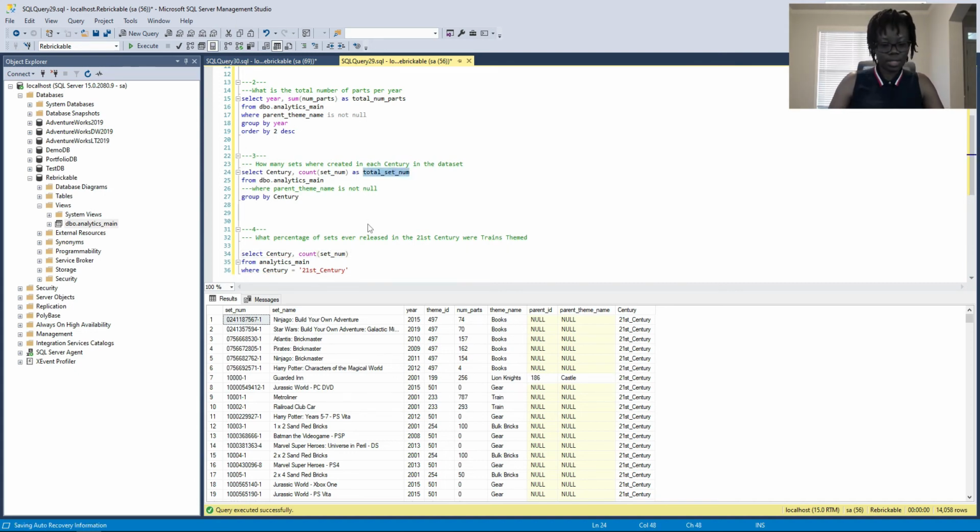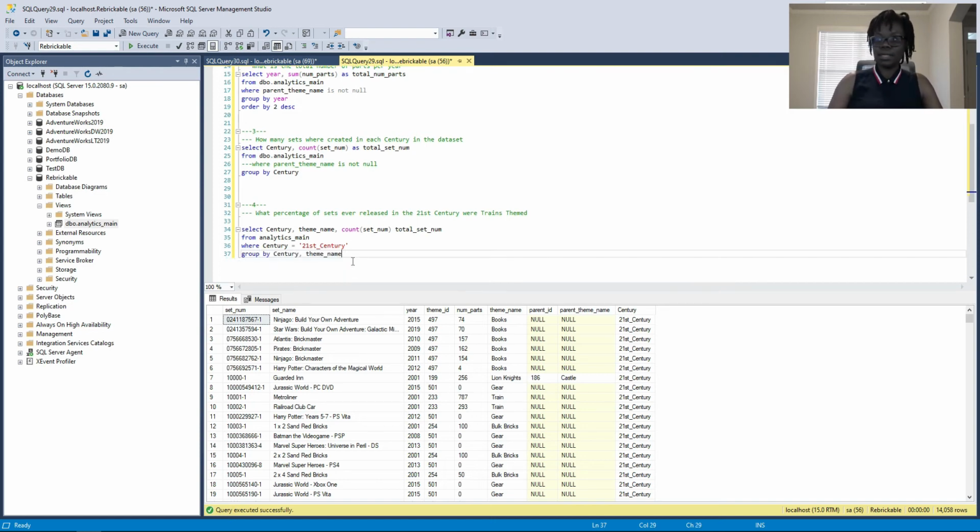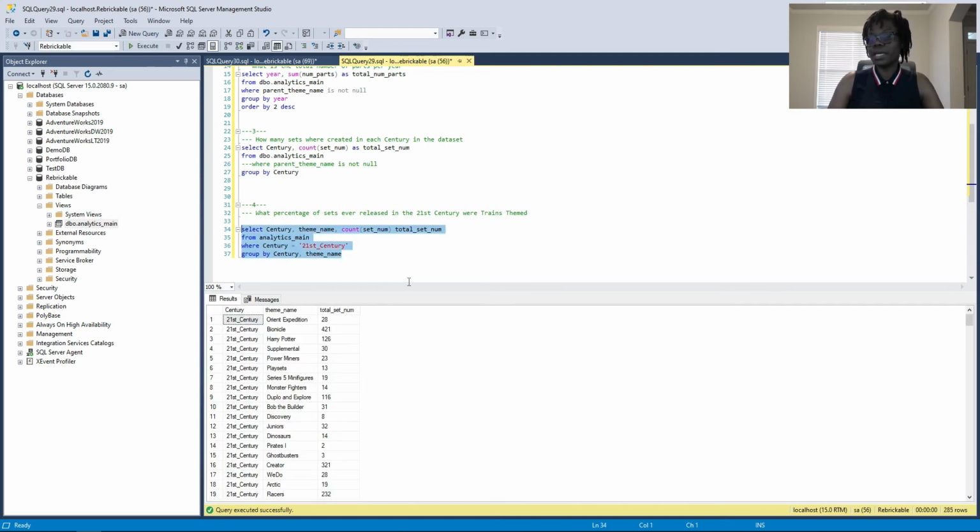Let me use this again. And then what else? I need a theme because it says trains. Let me put the themes here. What did I call it? Theme name. So I'll use this here in my group by from 21st century. Group by this. And do I need to order by? No. Okay. So now that I have the total count for each theme in the 21st century,